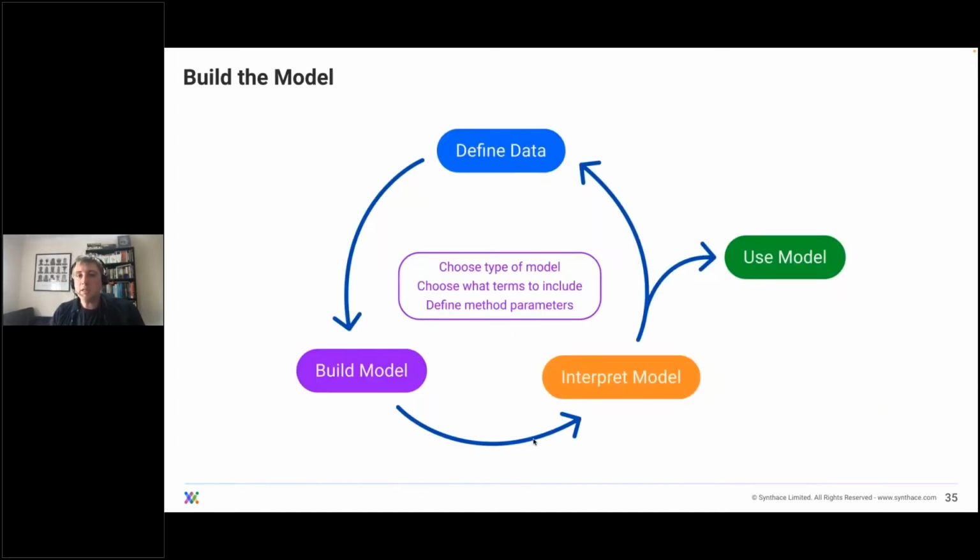So having selected this data set, we then go on to build our model. There's a lot of possible techniques you can use, but for DOE most of the time, it tends to be a variant of linear modeling. The main choice here is which terms, main effects, interactions, quadratics, etc. you want to include. The choice can then sometimes be made automatically, but it's usual to make some kind of manual adjustments. Some modeling methods will also have other parameters which determine characteristics of the model or how fitting is